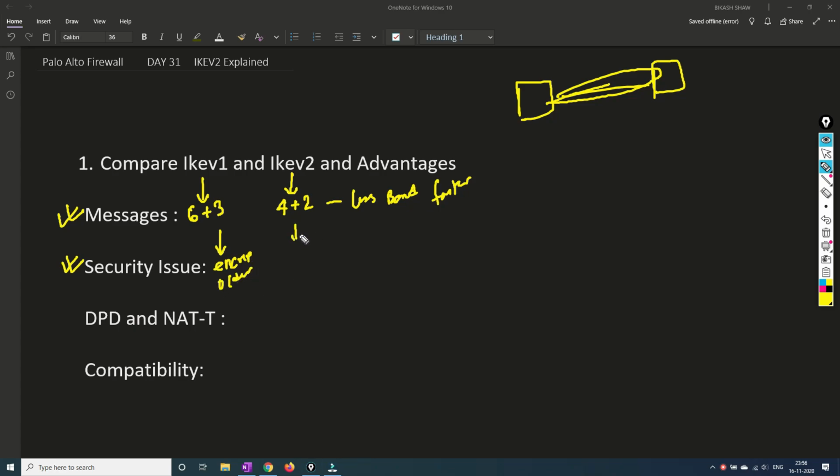But IKE version 2 supports the new encryption algorithms and hashes and all those things, which gives you a strong password as well as the longest. So to crack that password, it is very difficult for a hacker. And also